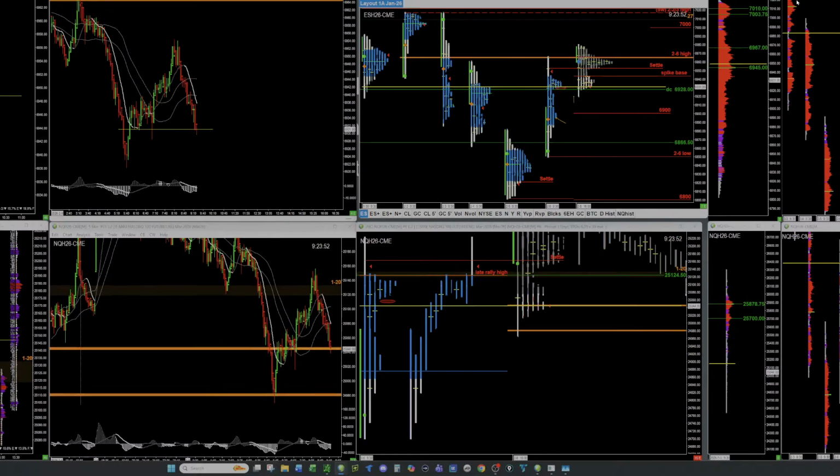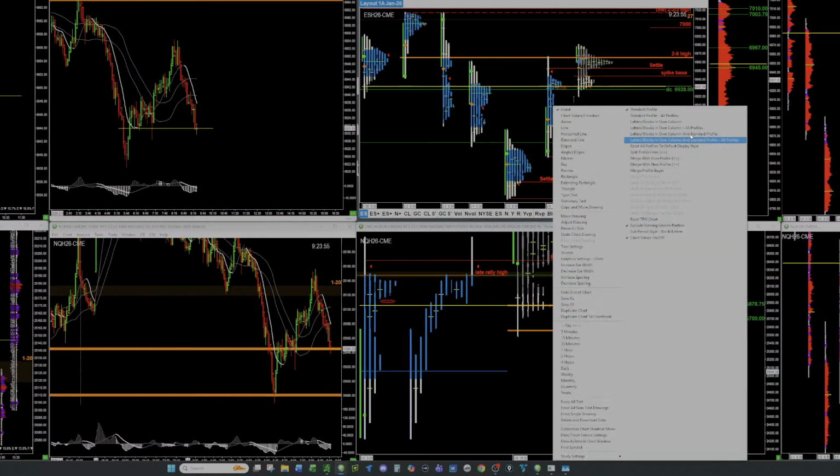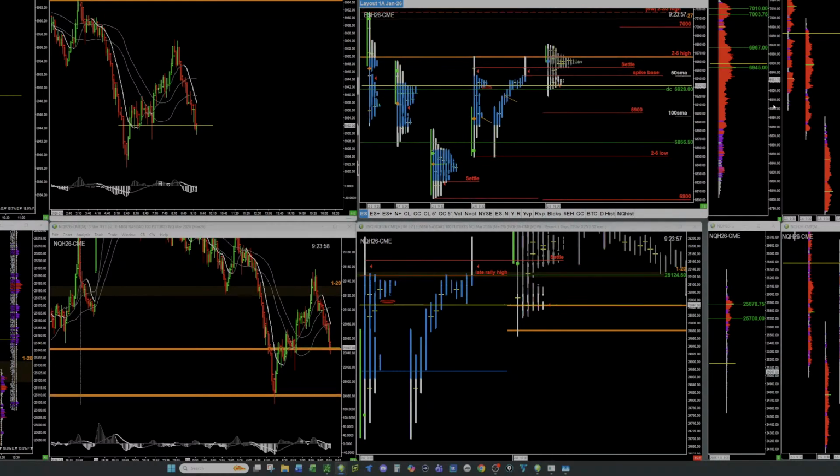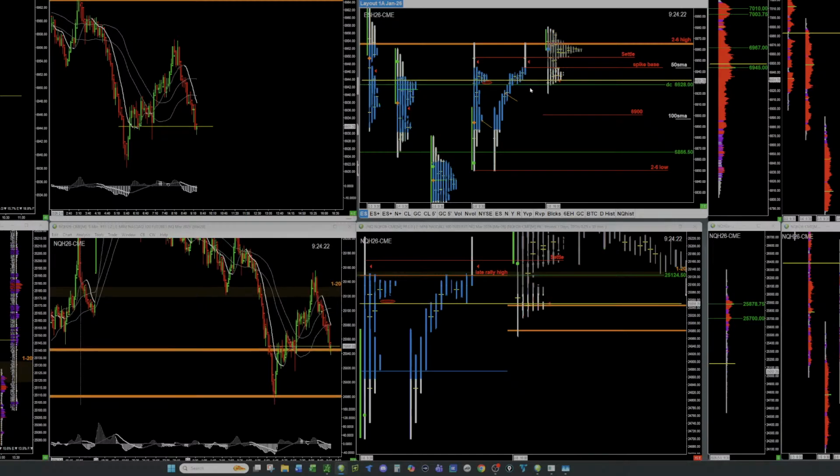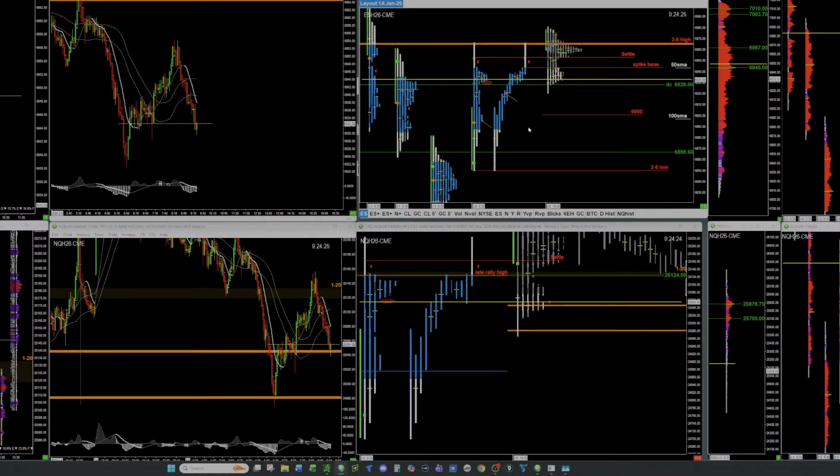Let me open this profile here. We have this spike here in M, and price is right at the low of this little range here, right? It's a 30 minutes range in here, which is one of my references in my 30 minutes chart, my market profile chart here. And I have below I have